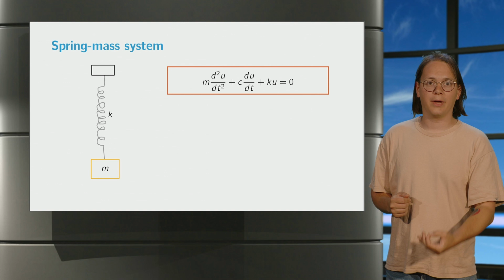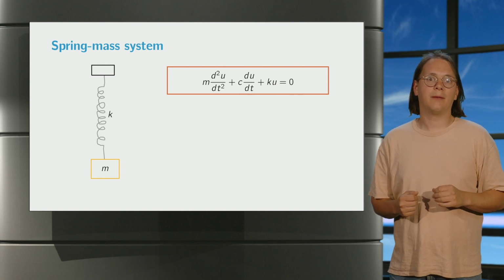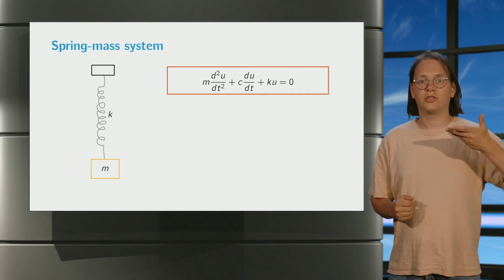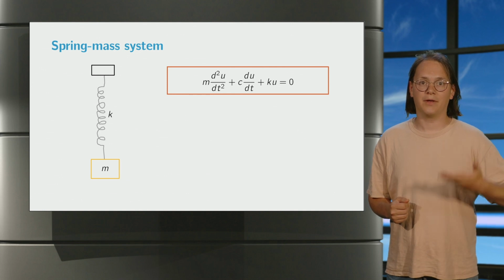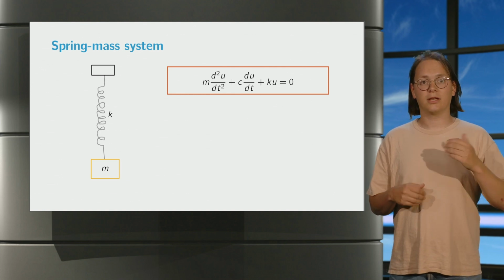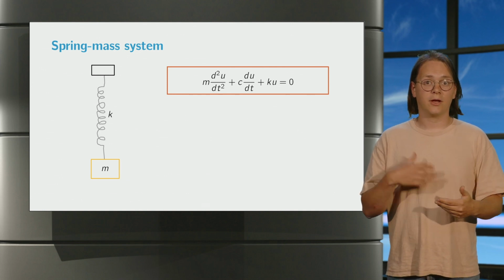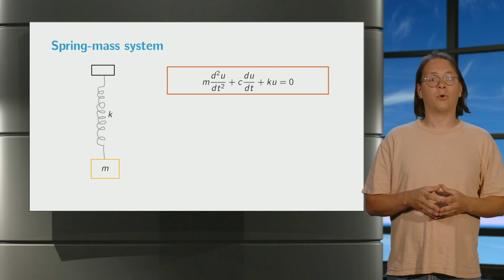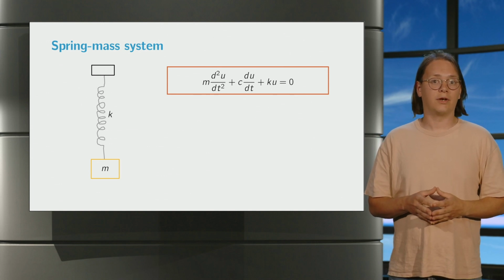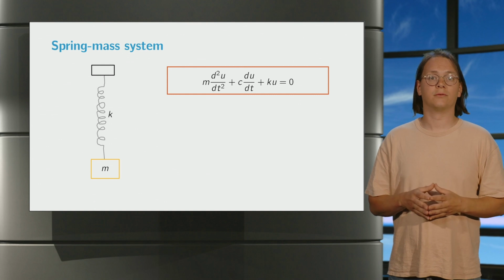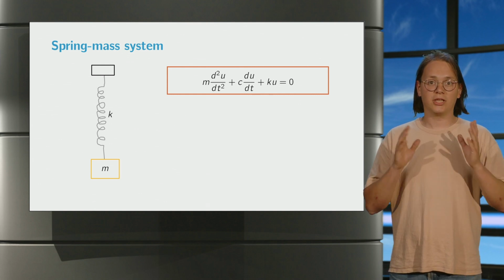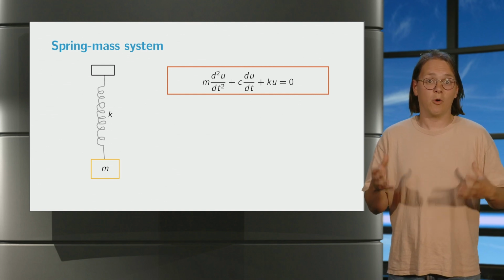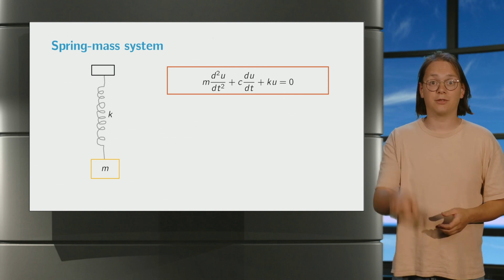If we pull the mass directly downward, away from equilibrium, we know that it will simply oscillate with some damping factor in the up and down direction. In particular, given the spring constant, mass, and damping factor, we know the differential equation governing the motion, and we know the solution. This is made especially easy since we know that the motion only takes place in one direction, namely up and down.